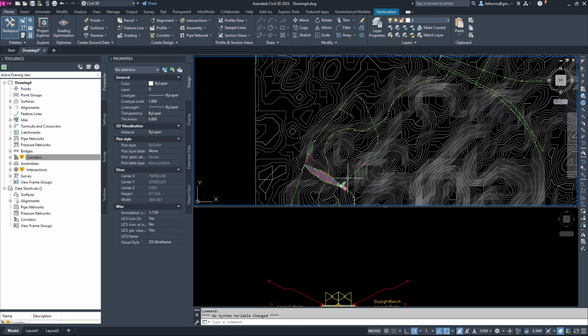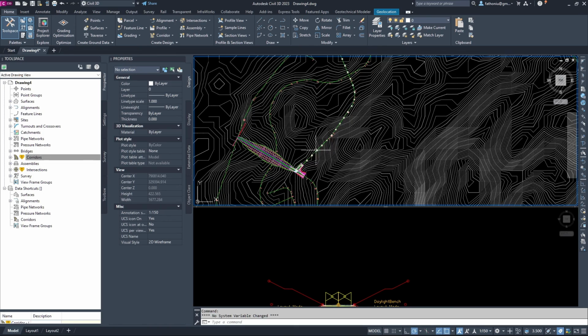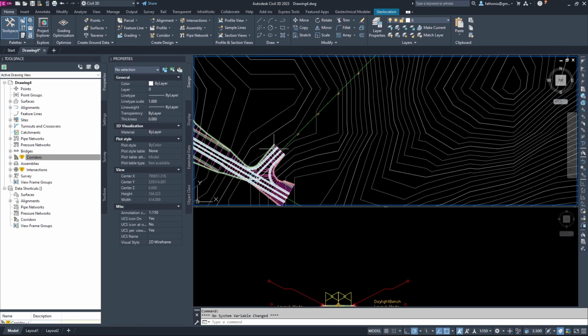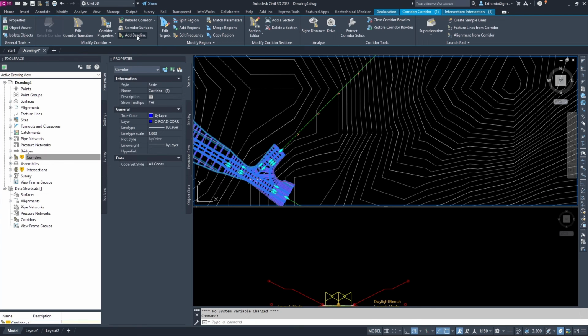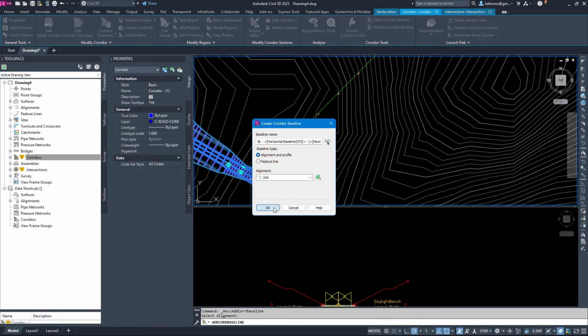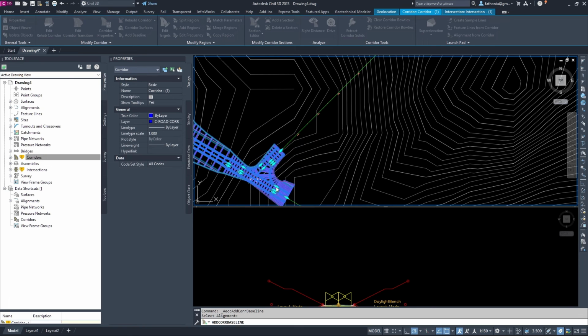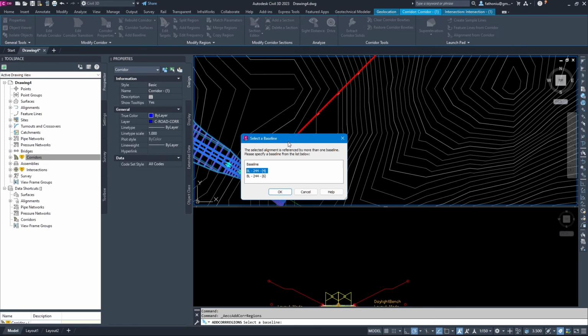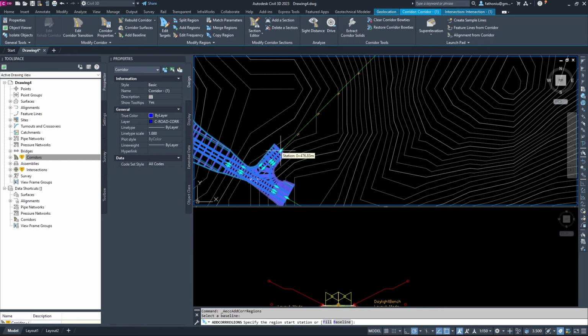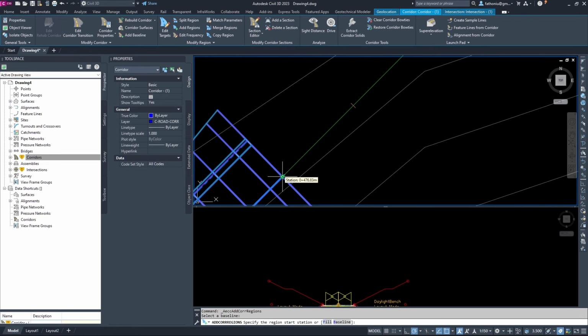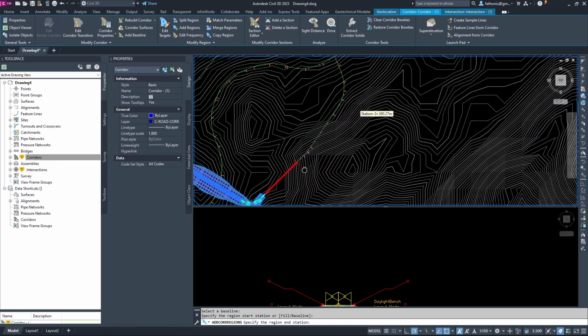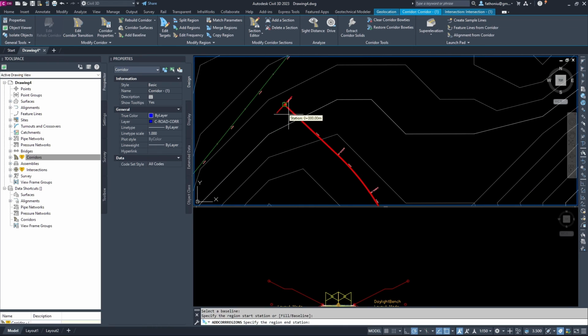for this assembly, for this corridor. So how, click this one and then add this line, click alignment, this alignment, then OK. After that OK, then add region. So we select this one, click, and then baseline, OK. Then make sure we switch on the OSNAP, so we can use the intersection here. Bring it to the end here.